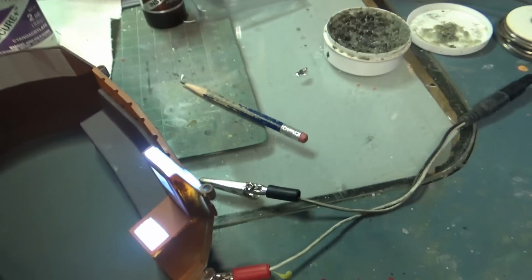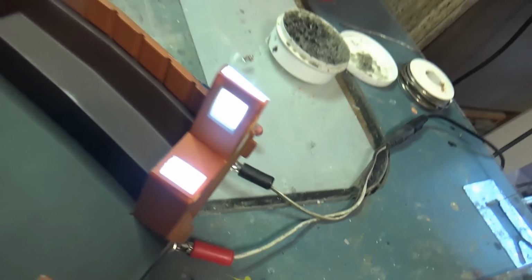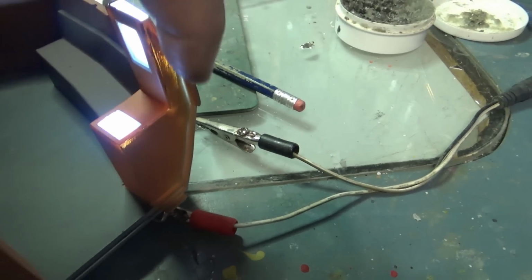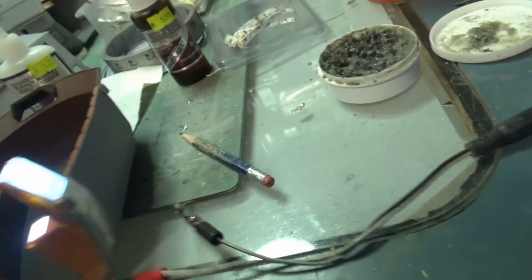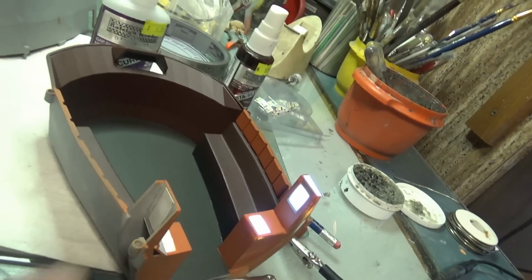Alrighty, I've got the side panel, the front, I guess that would be the starboard computer panel lit up, ready for decals. Don't mind this, we don't care. The back door is going to be sitting on it like that, so we don't care. But we've got 2 SMD LEDs on that side, and I'm going to be doing the same over here with 2 more on this